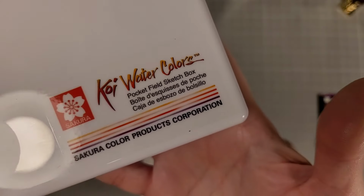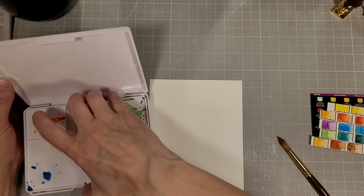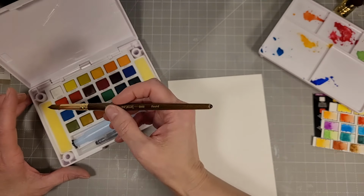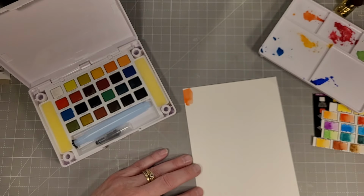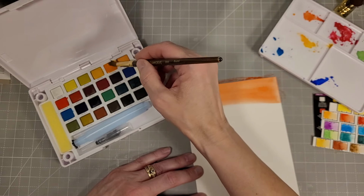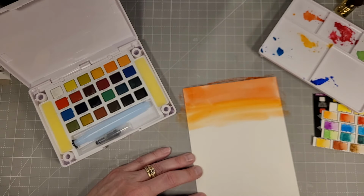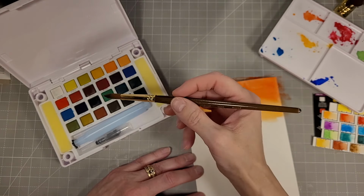This collection is from Yana Smakula, and it is gorgeous. I got the entire collection, and I was so excited to start playing. These are two of the cards that I created first. I haven't played with the rest of it yet, but let me tell you, this was one couple-hour session of just pure joy. I have a piece of 5x7 watercolor paper here, and I'm using the Sakura watercolor palette, and